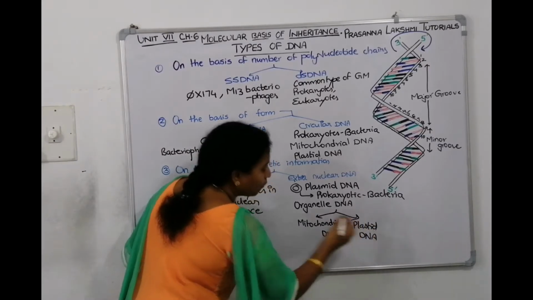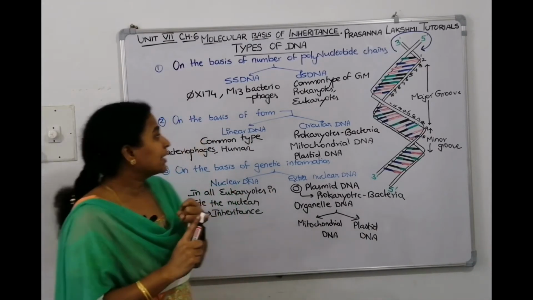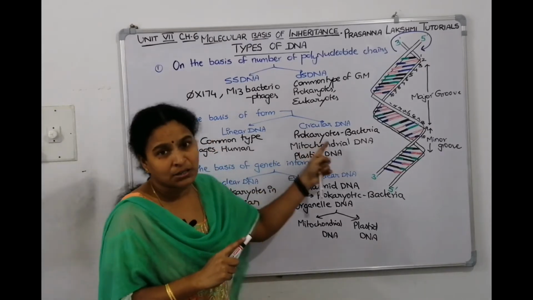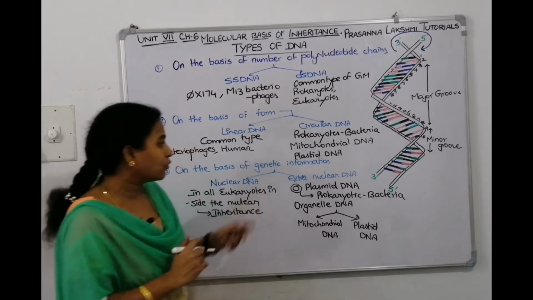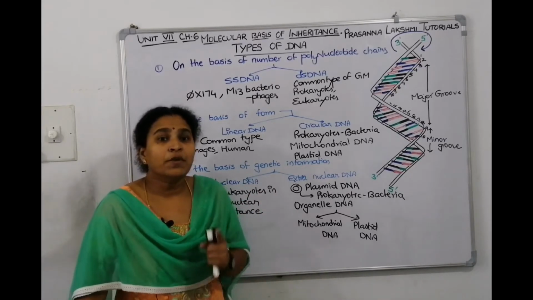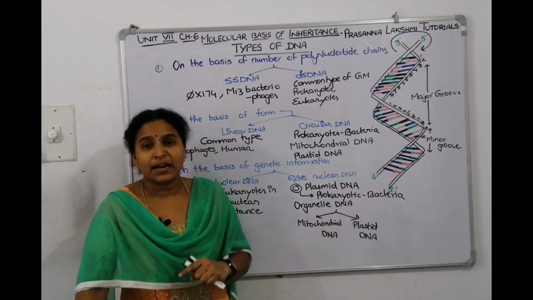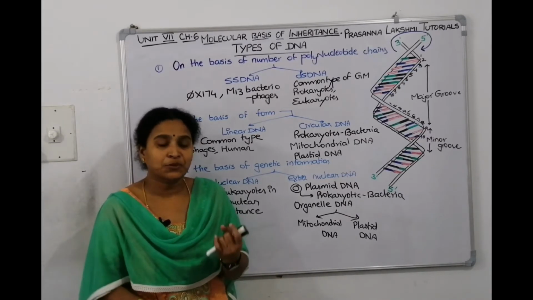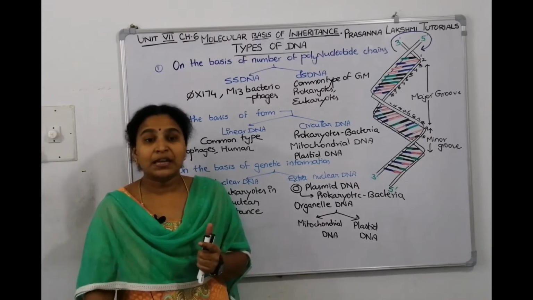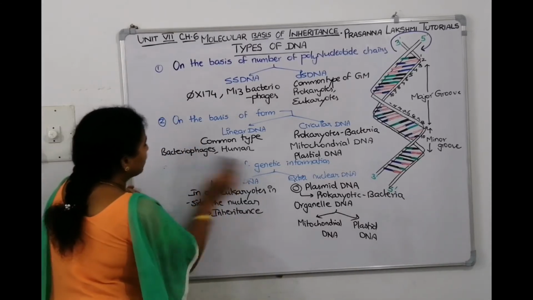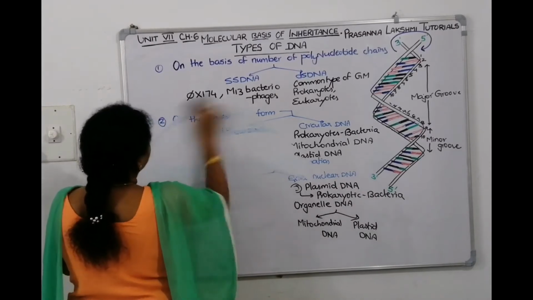So, on this board, what did we see? What types of classifications? On the number of strands. We have seen the second classification on the basis of linear or circular. The third classification, whether it is responsible for heredity or not. The next classification we can do is based on the type of helix, right-handed or left-handed, and how many base pairs there are. There are 5 types of DNA: A DNA, B DNA, C DNA, D DNA and Z DNA. That will be our fourth classification, based on the type of helices.